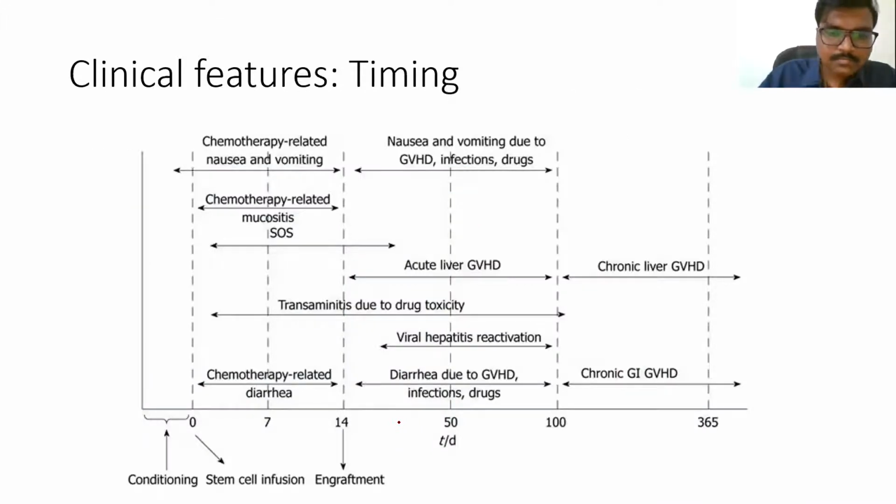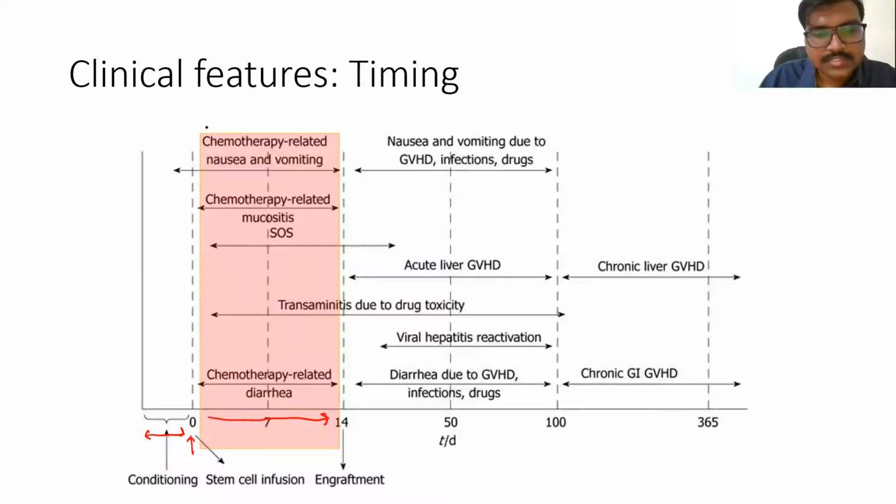So this is the timeline. This is the chemotherapy that we have given to the recipient before transfusing the stem cells. After that, it usually takes up to 2 weeks for the stem cells to get engrafted. So the first 2 weeks is an aplastic phase where the patient's marrow is depleted and his absolute neutrophil count comes down to less than 20-30. And here the patients are given a lot of antibiotics to prevent the infections. And during this time, whatever symptoms are there, mucositis, upper GI or lower GI, these symptoms are usually because of the chemotherapy rather than the graft versus host disease.